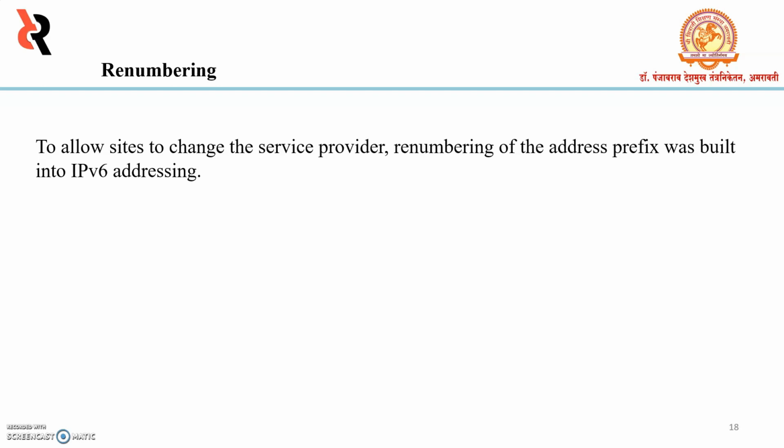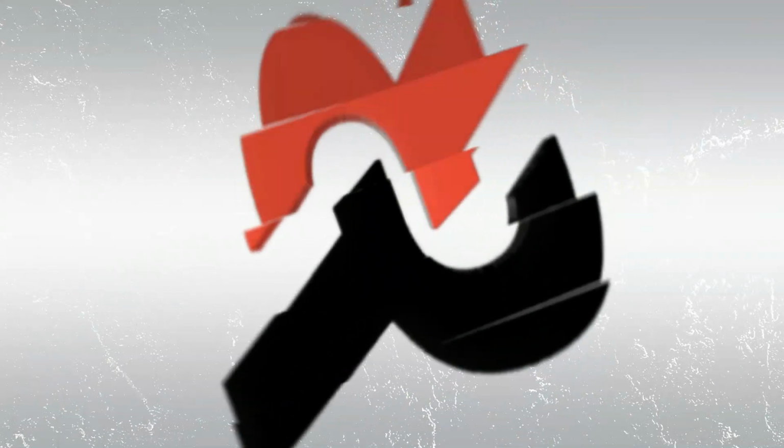The main problem in using the renumbering mechanism is the support of DNS, which needs to propagate the new address association with a domain name. A new protocol for DNS called Next Generation DNS is understood to provide support for this mechanism. So here we complete the first topic of the second.